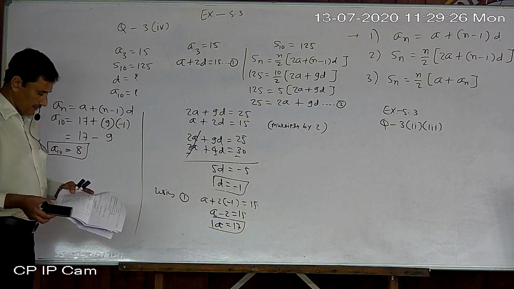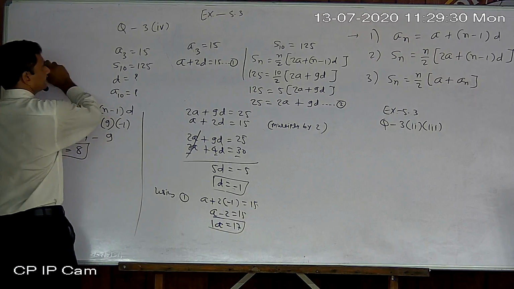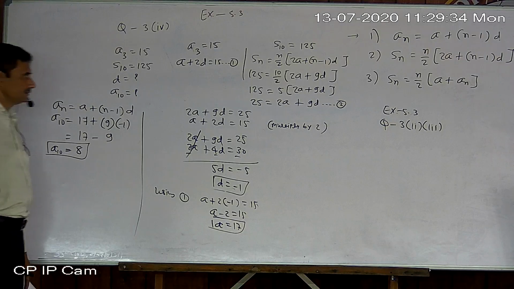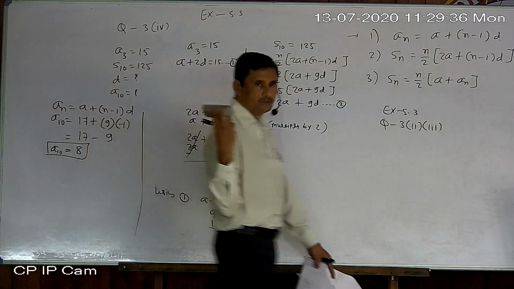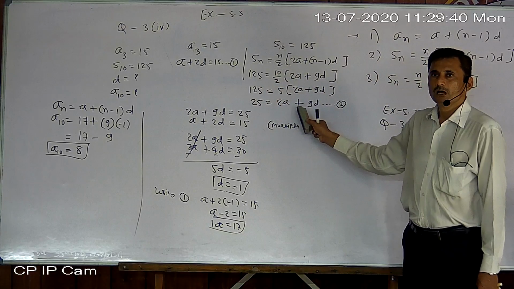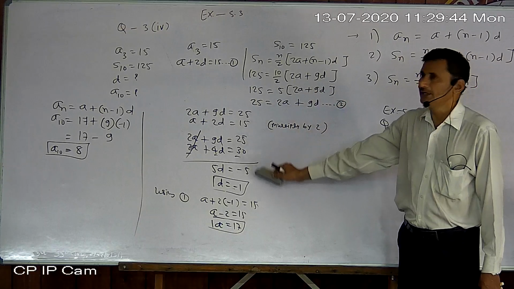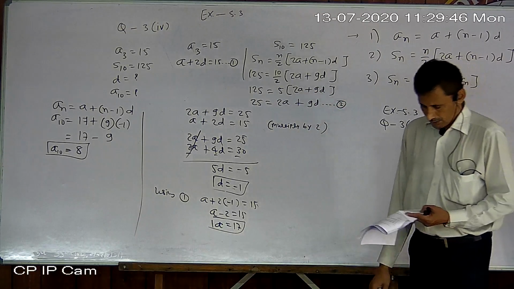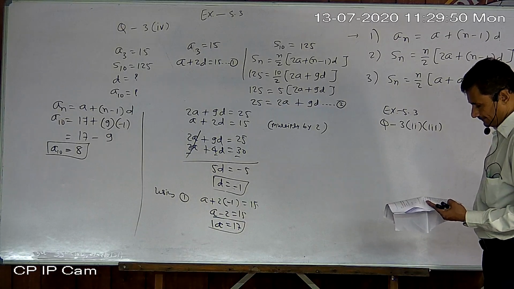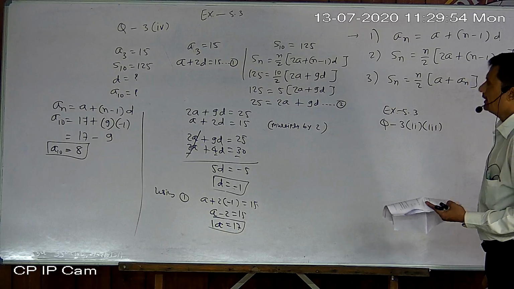Now look at number 5. If you want, you can take a screenshot, because for the first time we get an equation from Sn only. That part is new. Now just read number 5. d is given, Sn is given, find a and a.